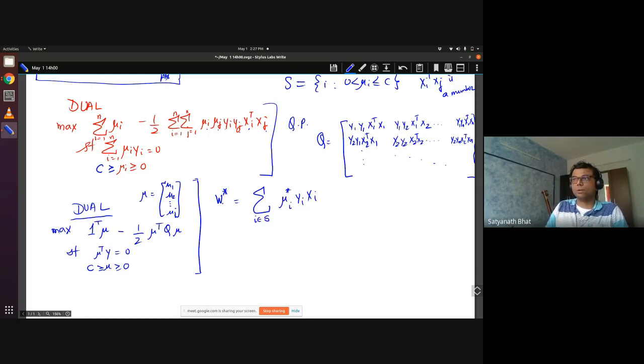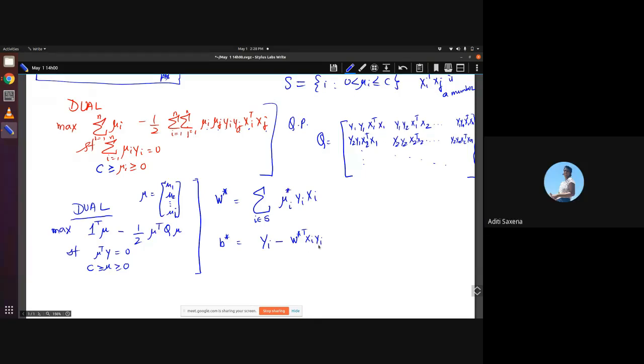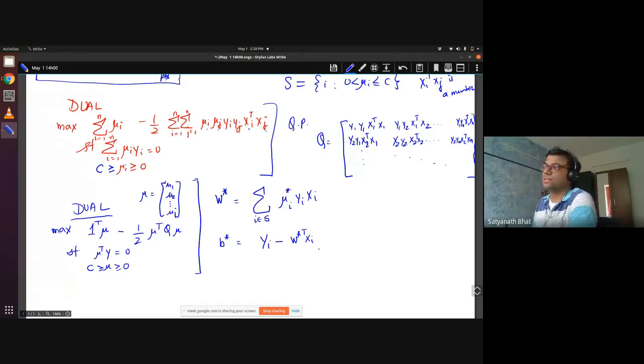So this was how we got w star, and then we can get b star by looking at yi minus w star transpose xi. Again, you can check this. I hope this is what it was. Yesterday, if anyone remembers, was this what we did? Otherwise I may have to derive it. Sir, I think the last yi wasn't there. Yeah, okay, thanks. I don't remember these things, I just derive whenever required, so that's why there is some confusion sometimes.